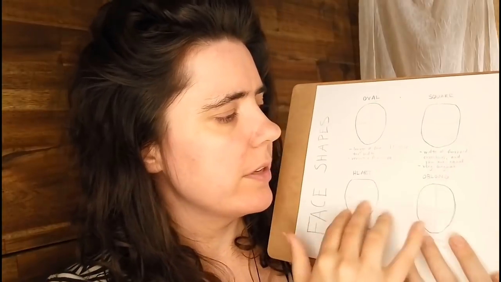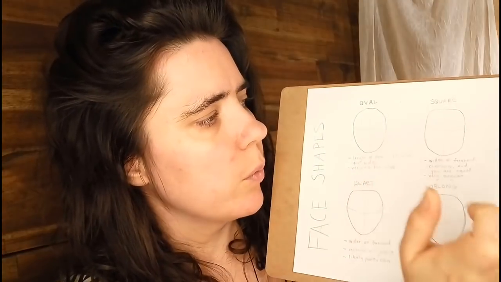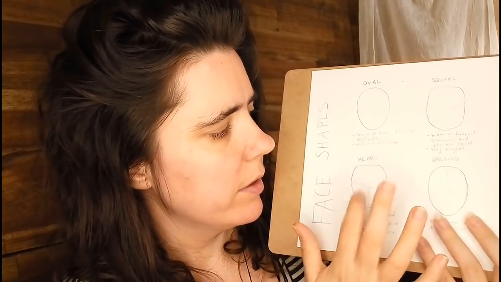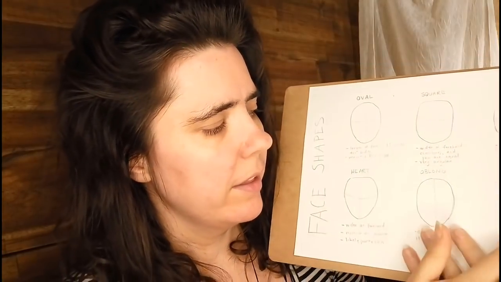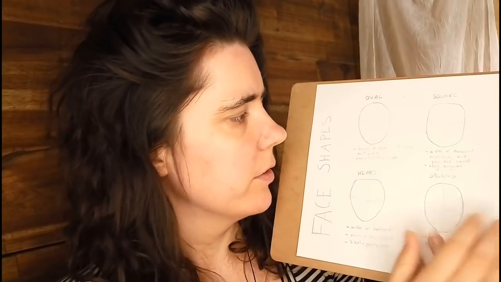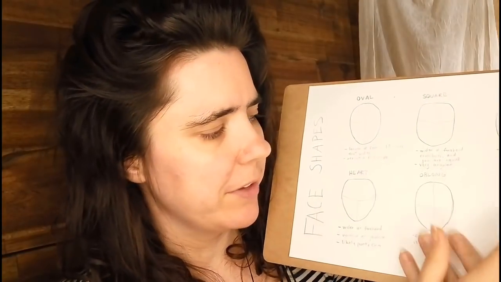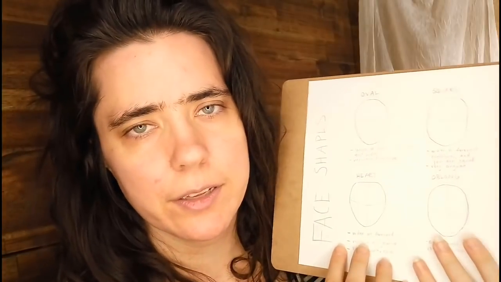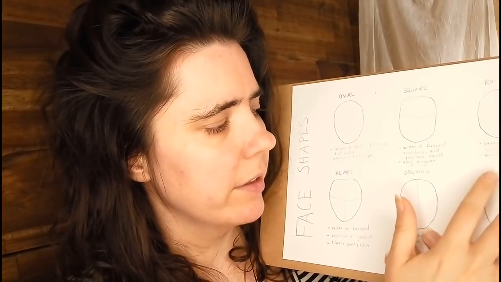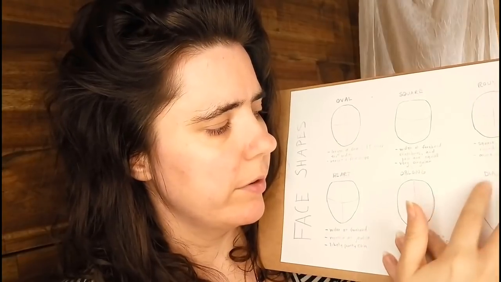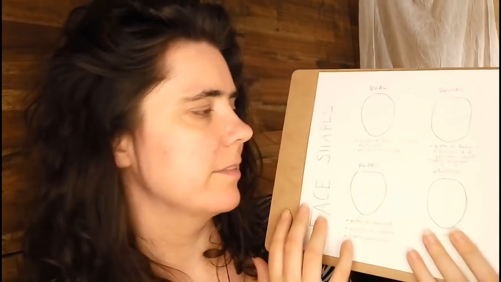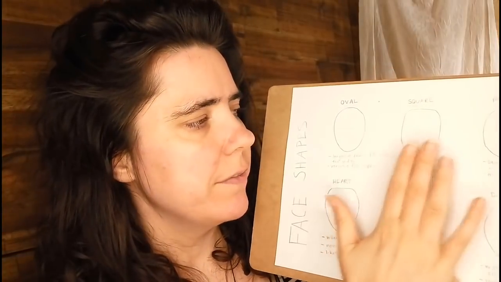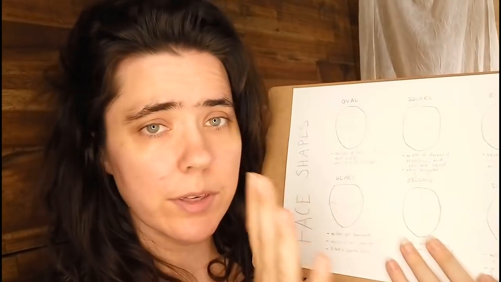So these are the 6 face shapes. We have oval, square, round, heart, oblong, and diamond. The diamond doesn't look good. The rest of these look a bit like a real face. That diamond is probably a little less than what a diamond actually looks like. Usually a little wider at the forehead. But anyway, I digress. So some of the features of each of these that you may notice